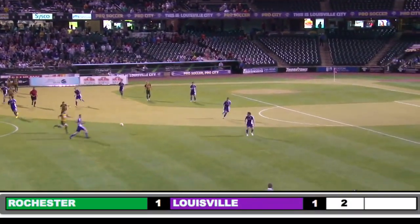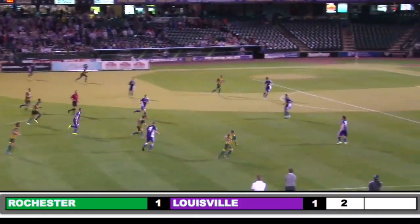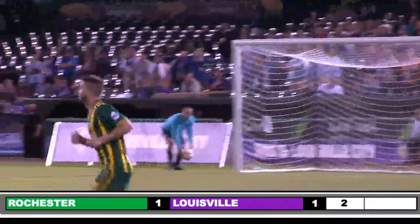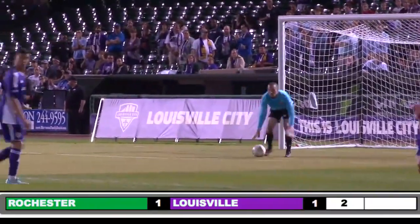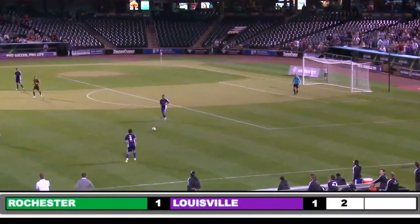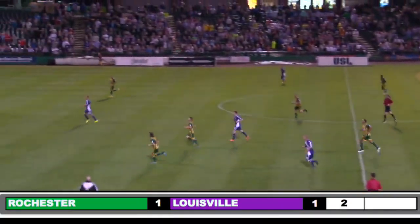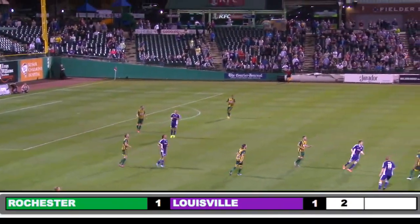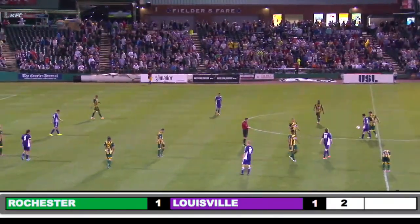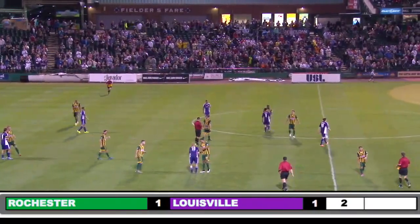And a player goes down on the artificial surface, and that's helpful for Louisville City. See all that room over there now. And a shot from distance, but that one is miles high. And a little quick restart by Goodwin there. Sending it deep downfield. And there we have it. That'll do it. There is the final whistle as Louisville City